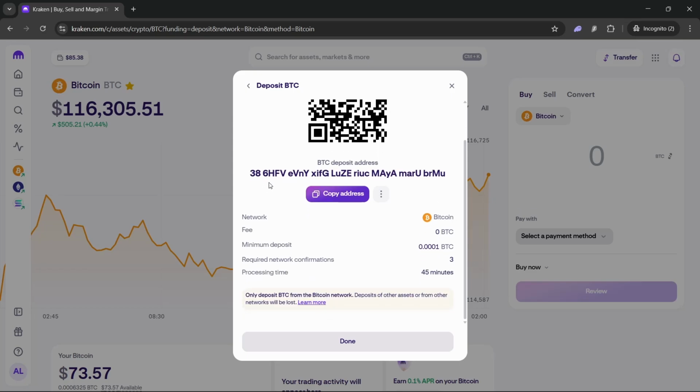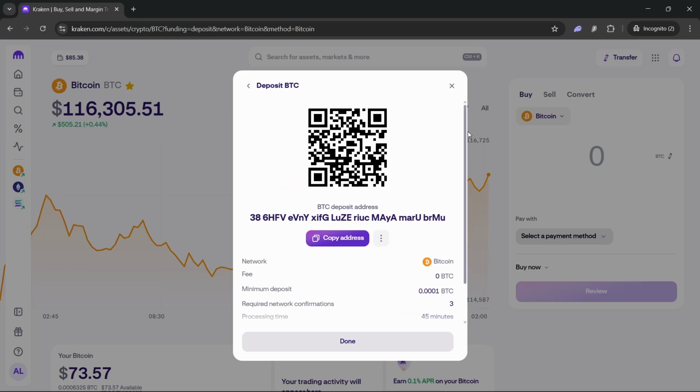So that's it. That's the process you need to follow if you want to see your crypto wallet address for